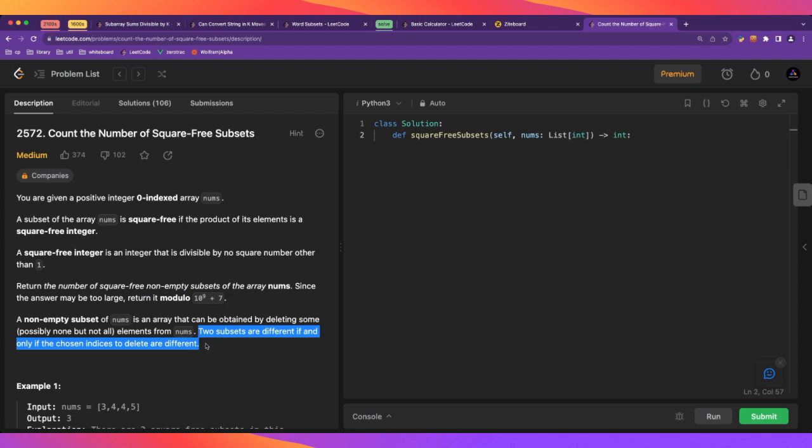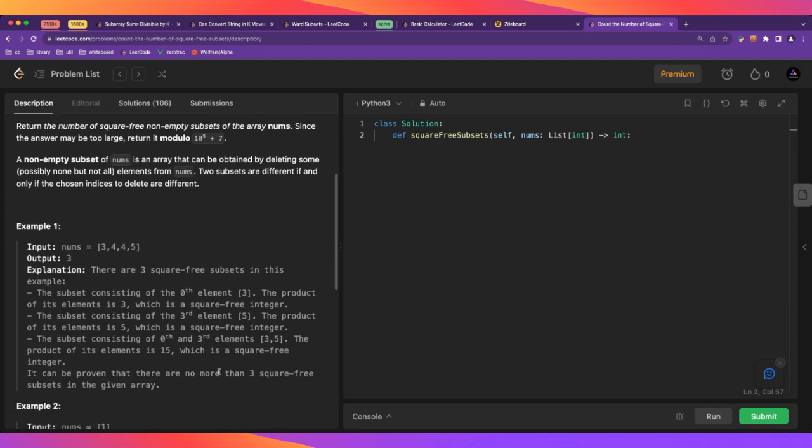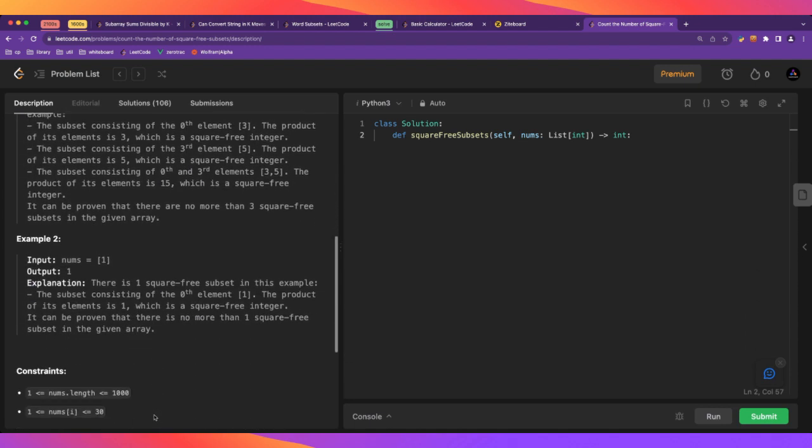Okay, and here we get a specification. So yes, this means that you can have subsets with the same product, but different combinations of indices with the same values. Okay, and the sizes are up to 1,000